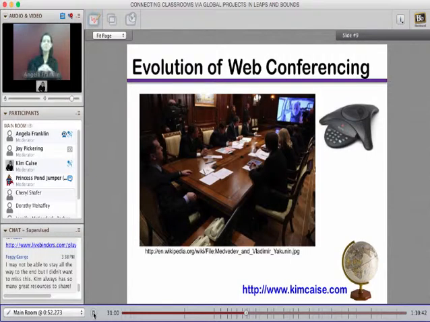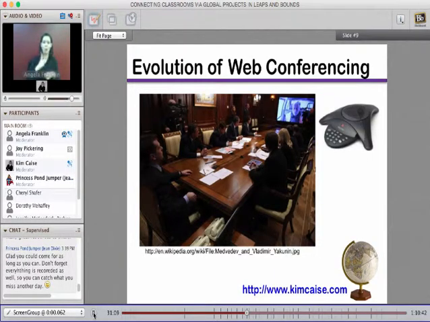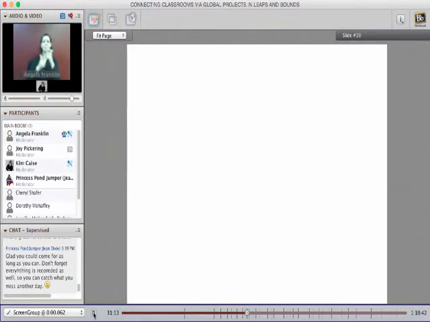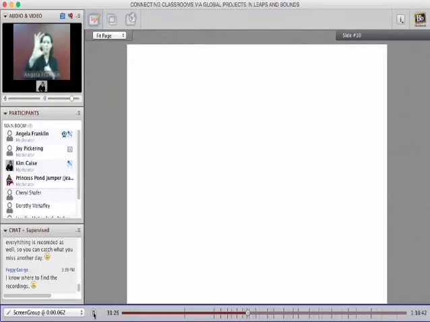Back when I first started with web conferencing, it was the typical boardroom style with the H.323 protocol, is what they used to call it, with the big expensive equipment. And that has evolved over time to smaller, more mobile equipment, like a small webcam.